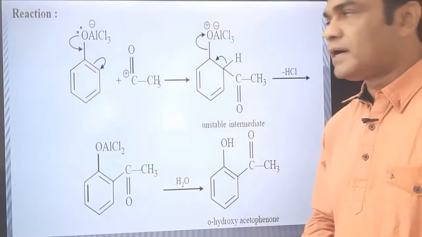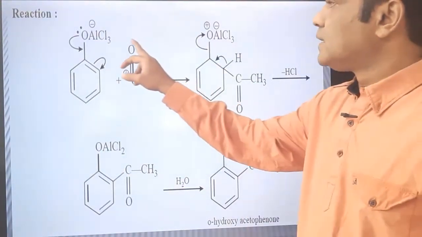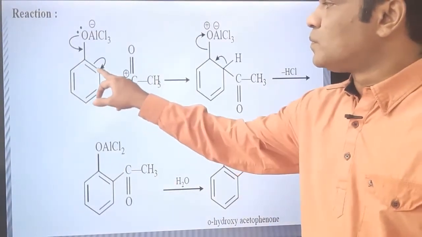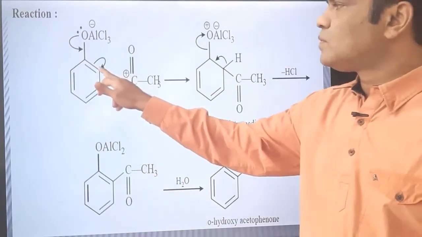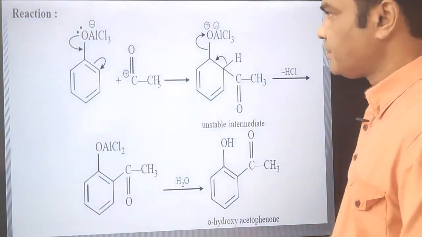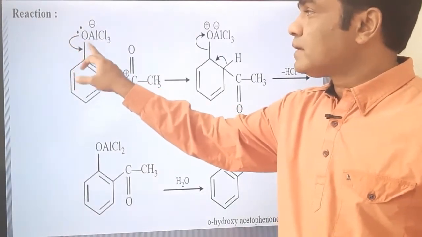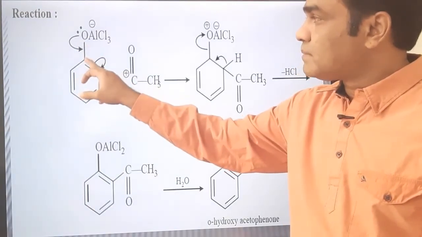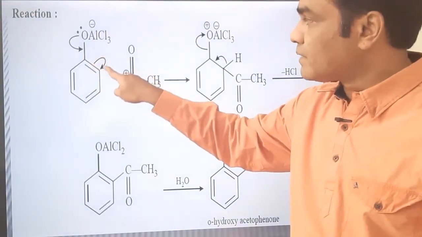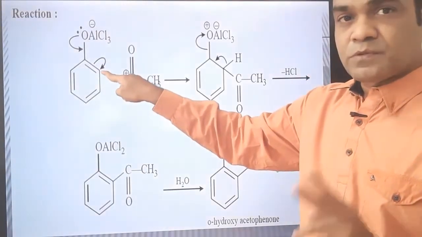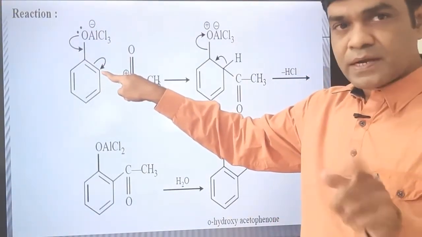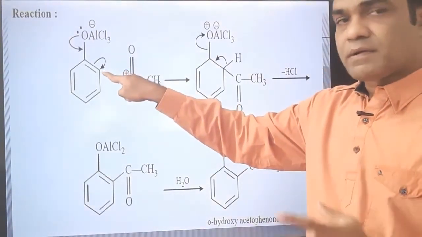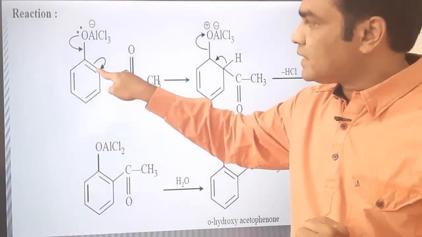Now in the next step, see what happens. This electron deficient center, that is the carbonium ion, attacks the ortho position. Now how does this ortho position become electron rich? See, this oxygen donates its lone pair, meaning a new bond is formed, of course a pi bond. When this new bond is formed between oxygen and carbon, at the same time these pi bonded electrons are open on this carbon, meaning 2 electrons will be retained on this carbon. You can write it in the form of a negative charge, meaning it is an electron dense center, an electron rich center, and now this carbonium ion attacks there.